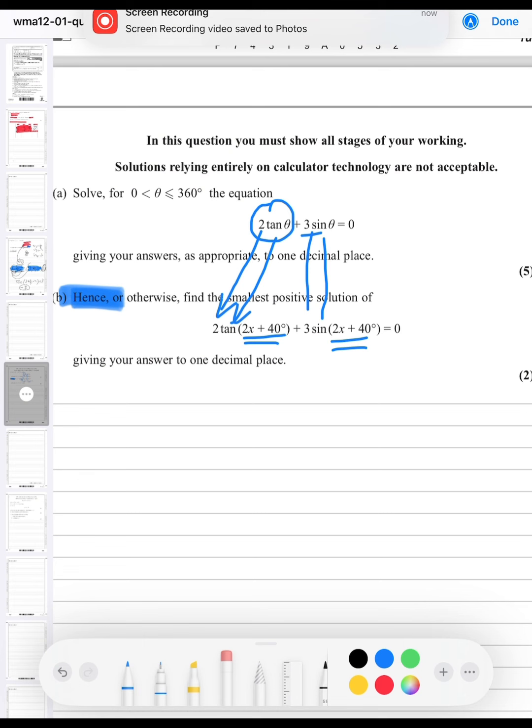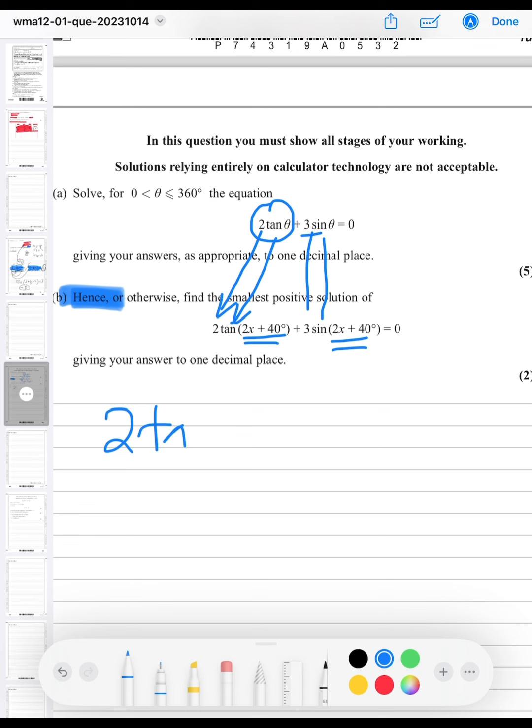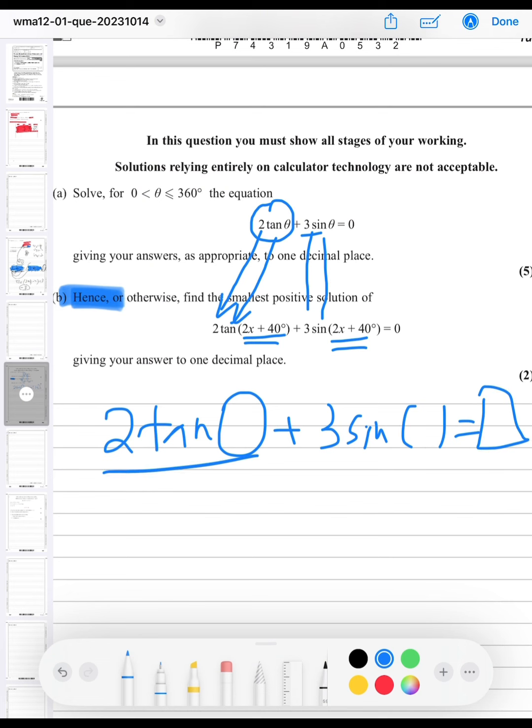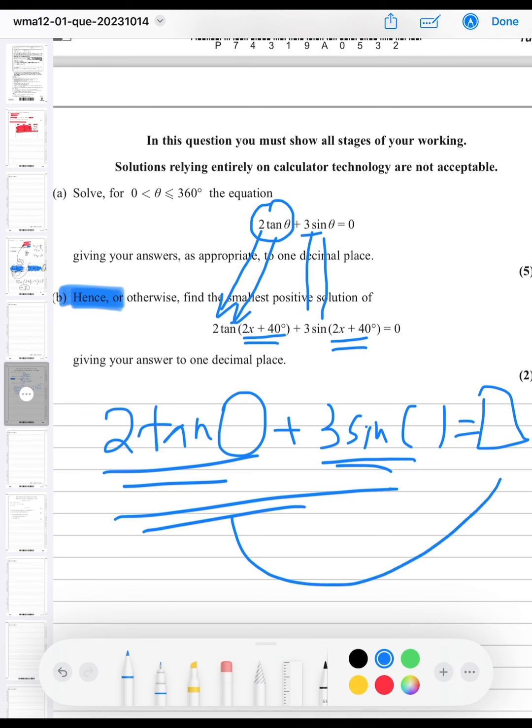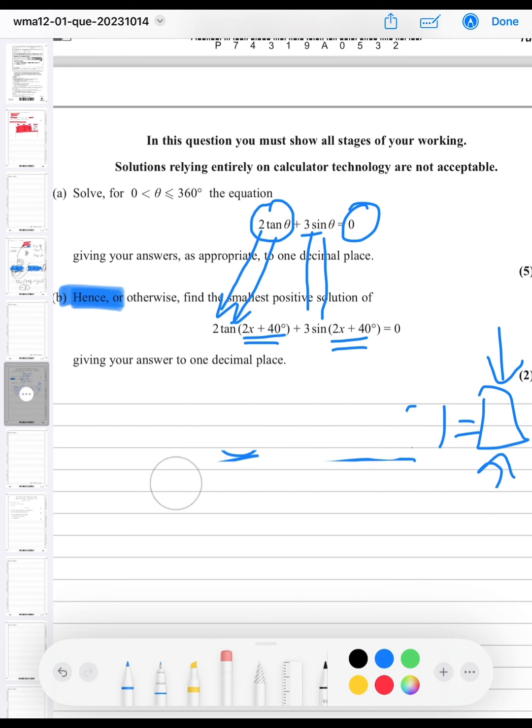By the way, if you want to check whether you got the right answers or not, put the angles which you got here. I'm talking about the previous part right now. By putting the angles here and solving this side, you must get whatever you have on this side. In this question you have 0 here, so by putting the angles here you must get 0. This is the way to check that the angles which you got are correct or wrong. Now the answers for the previous part were 180